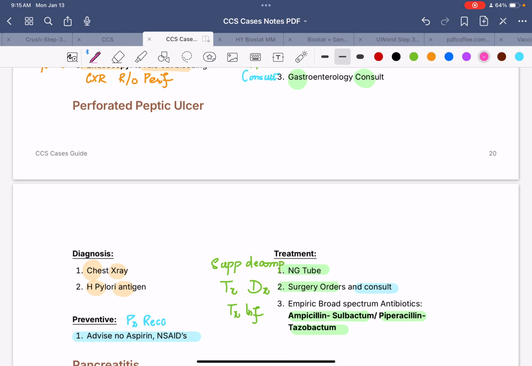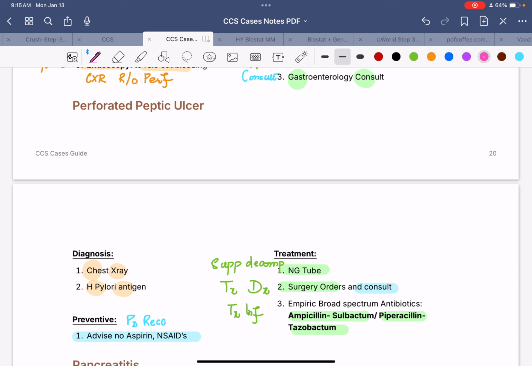In order to confirm the cause, we have to get an H. pylori antigen test. Now, we'll treat the H. pylori later. Right now, since the ulcer is perforated, the patient has an acute abdomen. Therefore, we have to do some general surgical